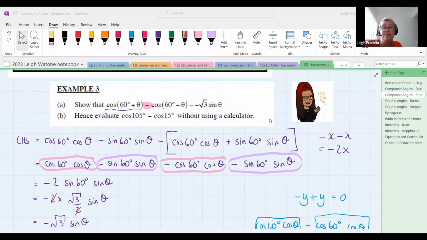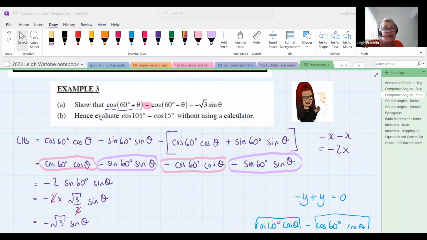Yes, Ntobizenhle, that is correct. So the 2 cancelled, but the minus didn't. Exactly, because it was negative 2 times root 3 over 2. So negative times a positive means that's why the negative stayed behind. Perfect. Good. Well done. So the next part of the question says B, hence evaluate cos 110 minus cos 15